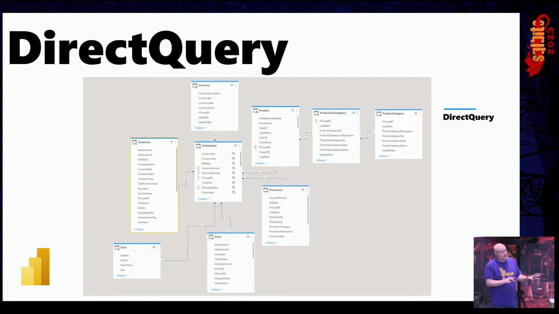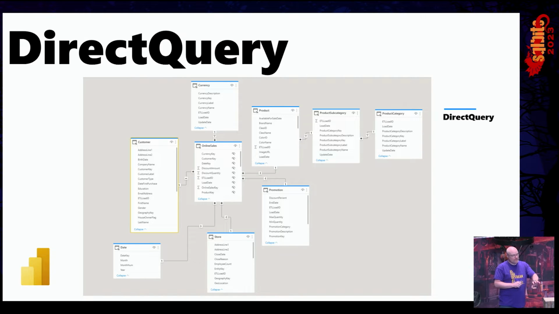So generally we recommend, if you can just import the data, import the data. That's going to be your fastest option. I know there are questions about, well, I'm moving data, or I want to keep it at the source. Importing is always going to be the fastest. But if we're working on an approach where we want to have this scale of data and leverage the data source, as we talk about the other options available, start with DirectQuery.